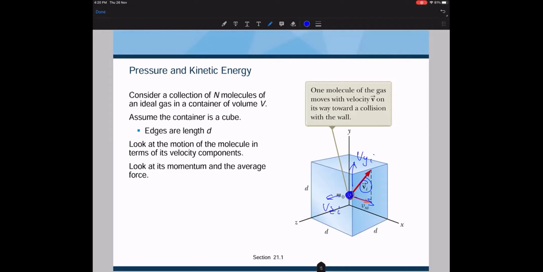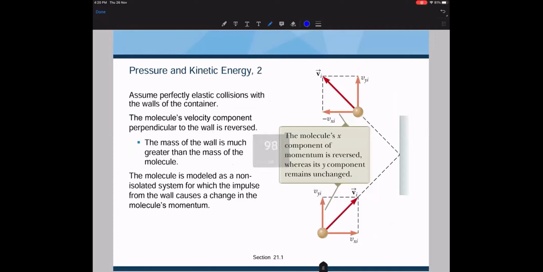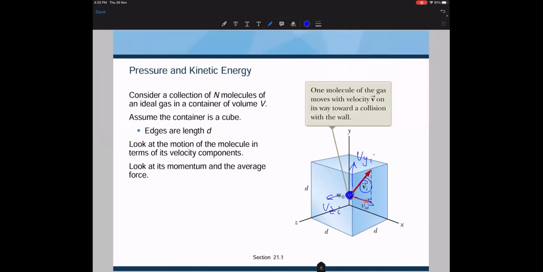Now, we are trying to generalize the situation. Some of the particles may be moving perfectly along the x-axis, that's fine. But in general, the diagram shows the situation. You have components along different axes, and when they are hitting on the walls, there would be bouncing back. So before the collision and after the collision,